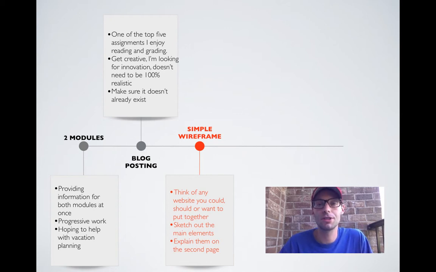Now, I'm not going to go into too much detail here in the introductory presentation because I have a tutorial video down below with the assignment where I actually walk you through my creating a simple wireframe for a website that I imagined for a neighborhood or a community. Keep it simple. On the first page is where you sketch it out. The second page is where I want you to explain in 1 or 2 paragraphs what the website is, what it will do, and then identify each of the blocks and talk a little bit about them. But again, I'll show examples of that down below.